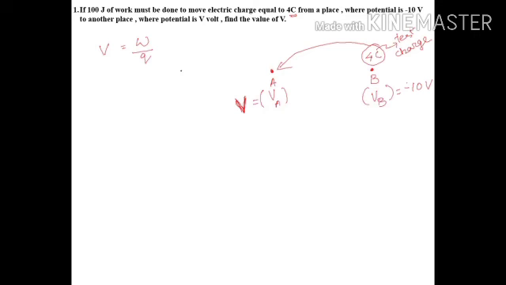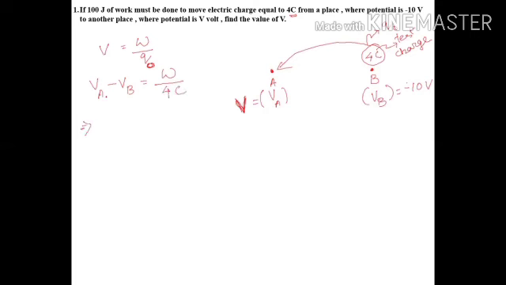Okay, and now in this case we have to find the potential difference between this point A and point B. Let's say that it is VA minus VB. This is my potential difference, and this potential difference is again going to be work done in moving from B to A, and per unit charge, that means per unit test charge. Always remember, test charge we denoted by Q naught. In this case our test charge is 4 coulomb. Q naught is my 4 coulomb. So we replace that Q naught by 4 coulomb.